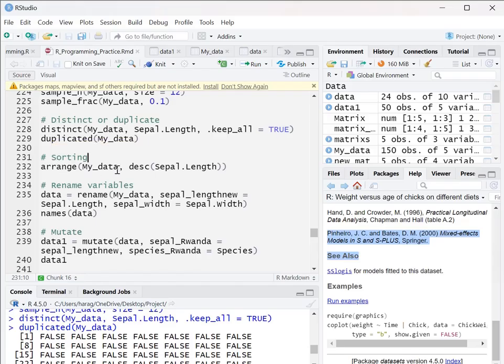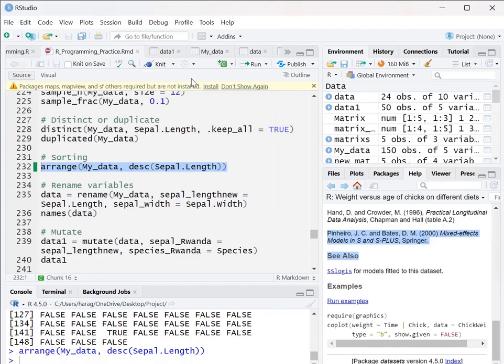We do arrange and then put the name of data and then put comma, say if it is descending or ascending, and then put the variable that you want to arrange your data based on. Maybe I want to sort my data on the variable which is called sepal.rem. If I run this, you see that I will arrange my data. If I see my data again,